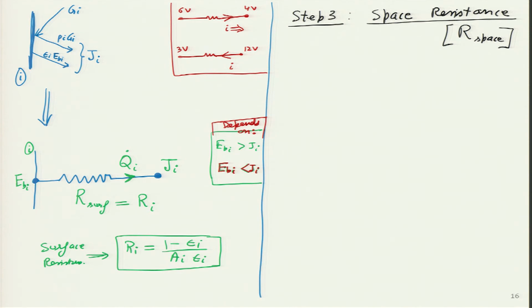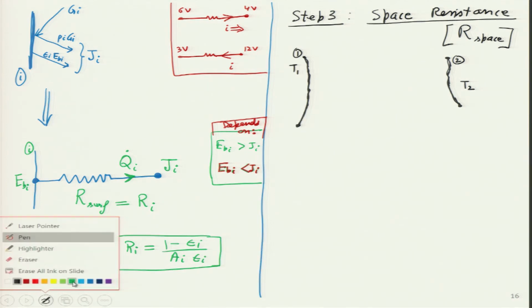And what does this actually mean? Let us consider one simple example over here. So, let us say we have surface 1 over here. It has some temperature T1. Then very far distance over here, we have surface 2. The surface 2 has temperature T2, and this was surface 1 having temperature T1.